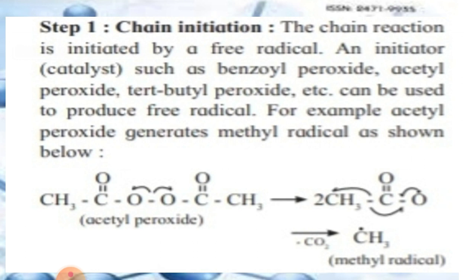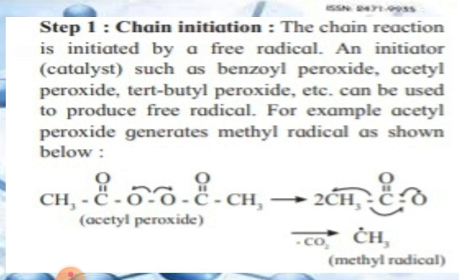Here in the example, we have taken acetyl peroxide, CH3, that is the acetyl, C double bond O, peroxide, O, C double bond O, CH3. This is the structure of acetyl peroxide. In this acetyl peroxide, do you see a bond between oxygen and oxygen? As you make a slanting line between them, you see that both halves are mirror images of each other,